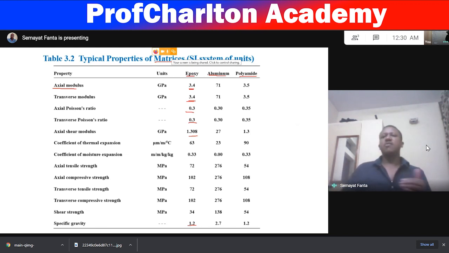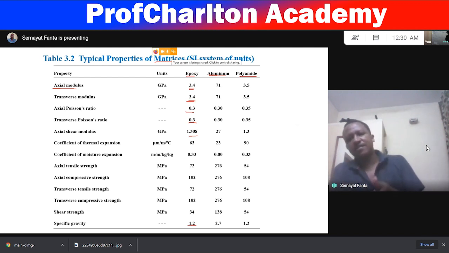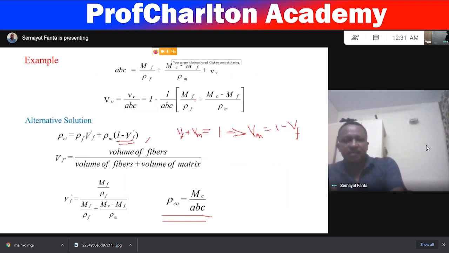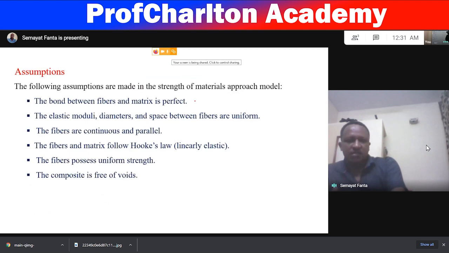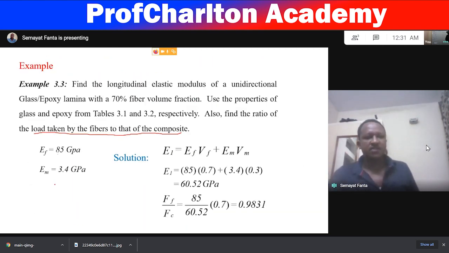You see, that's why, when we consider them separately, they are isotropic materials. There is no directional change of behavior. But when they come together and formulate another material, the so-called composite, then the anisotropy will come after. Okay, so we have 8.5 and 3.4. Then